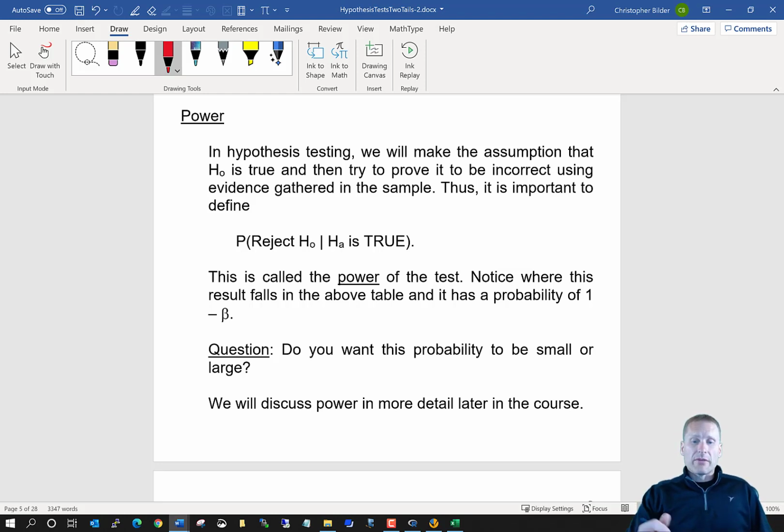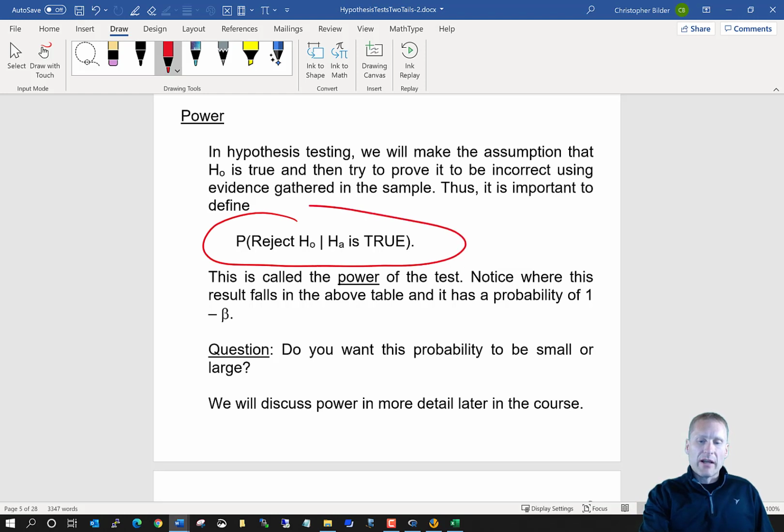Power is a probability. Simply the probability you reject H0 given that HA is true. So you have made a correct decision. And remember, HA is what typically contains your research hypothesis. So if you're a researcher performing an experiment that's going to involve a hypothesis test, you want your power, the probability that you reject H0 given HA is true, to be as large